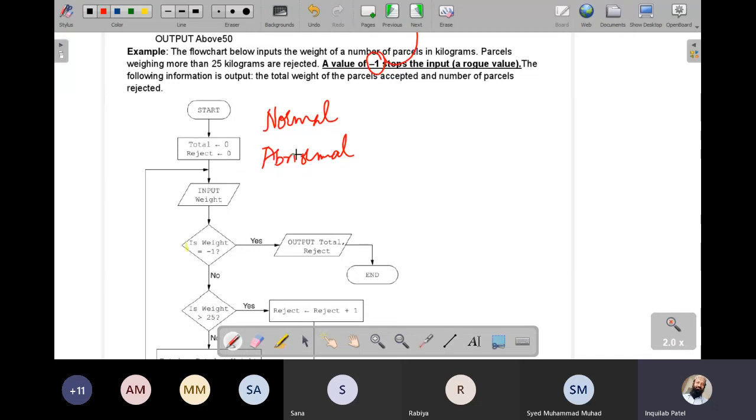Yes, what should we use over here? Firstly, you will, Zoya, what will be normal data in this situation? Okay, Alibaba. Ali Wajdan. 10. 10 will be normal data, right?